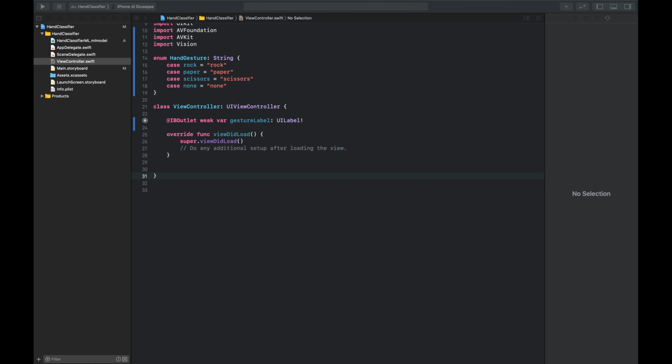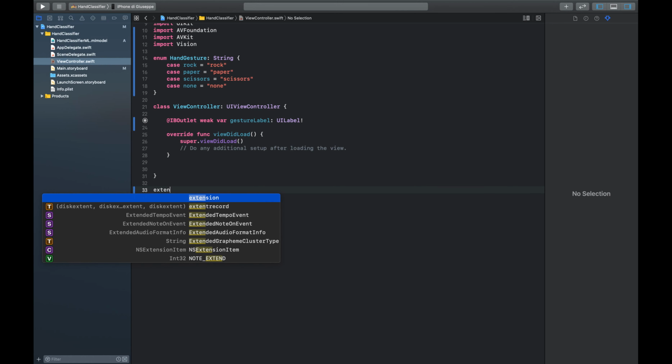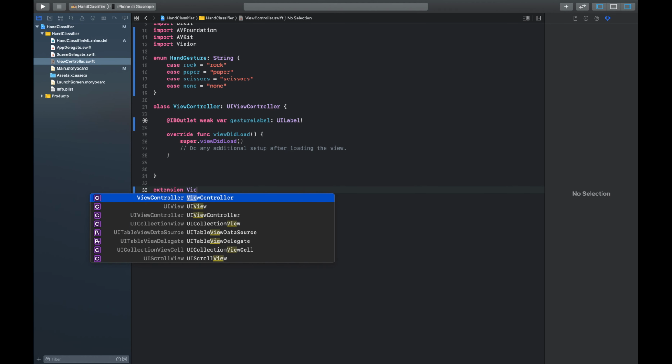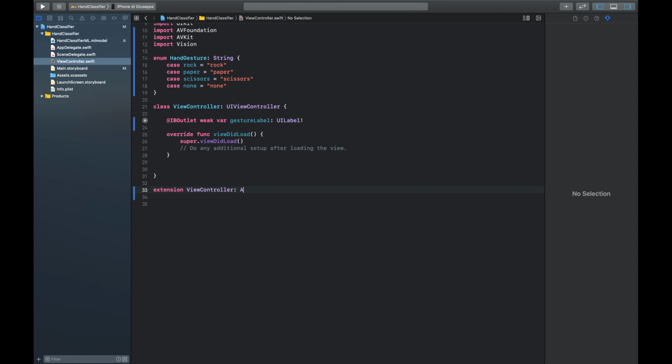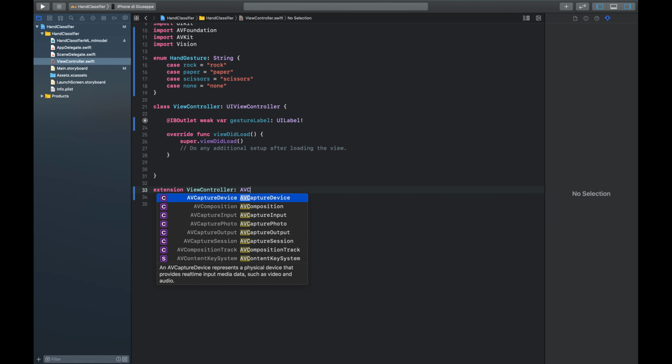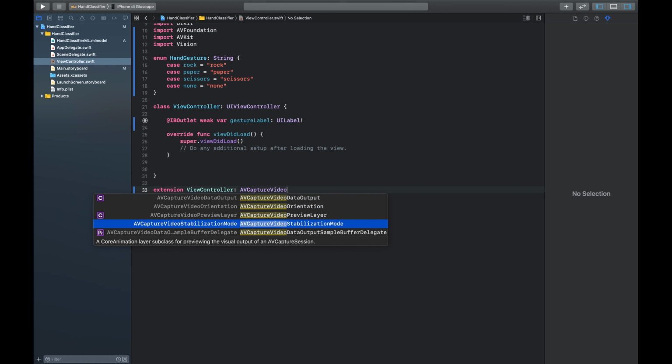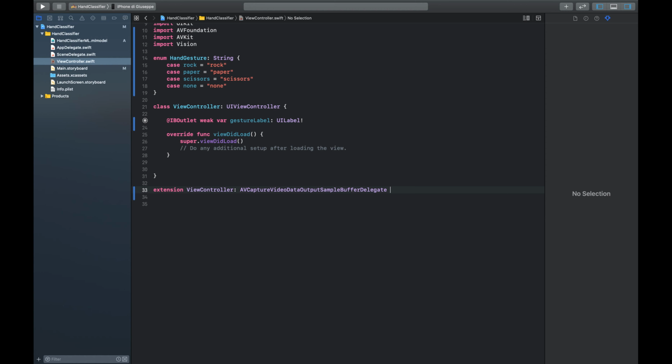Okay, we need to extend our view controller with AVCaptureVideoDataOutputSampleBufferDelegate, and we need to implement one function that I'm going to copy and paste, that is from Apple, for the orientation,